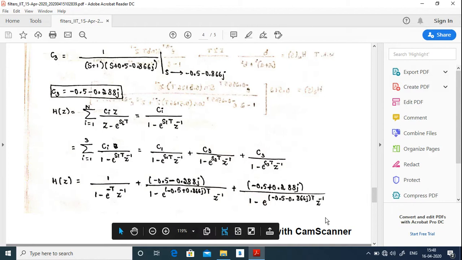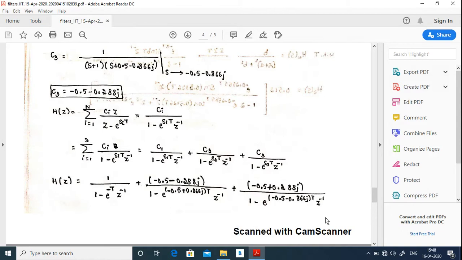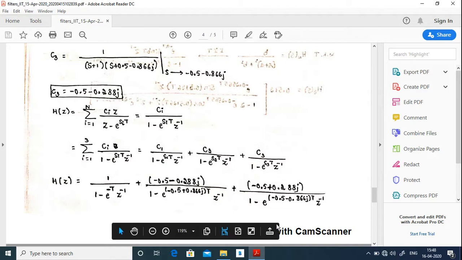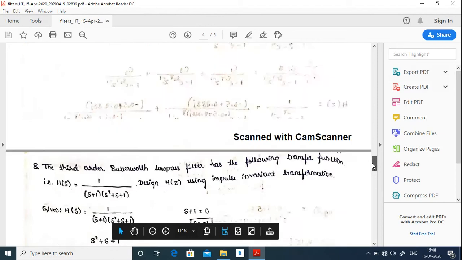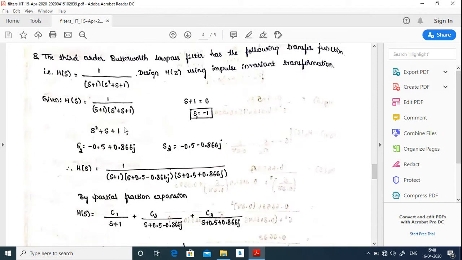Kindly note this: if in the problem they have given you the values of kp, ks, omega p, omega s, and they ask you to find the digital filter, then even if you substitute till here, it is enough. But make sure that you apply a suitable transformation to this particular transfer function, because this is a transfer function wherein omega p is equal to 1 radian per second.